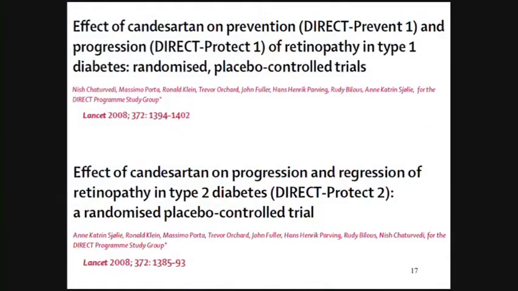I would just like to quote to you a famous trial which was published a few years ago, where diabetic patients were treated with an AT1 receptor blocker, candesartan, and where we saw that this drug had beneficial effects on the development of diabetic retinopathy. And perhaps this is based partly on the fact, at least related to the fact, that these patients have high pro-renin levels reflecting this retinopathy, and perhaps also supporting the efficacy of blockers of the renin-angiotensin system under such